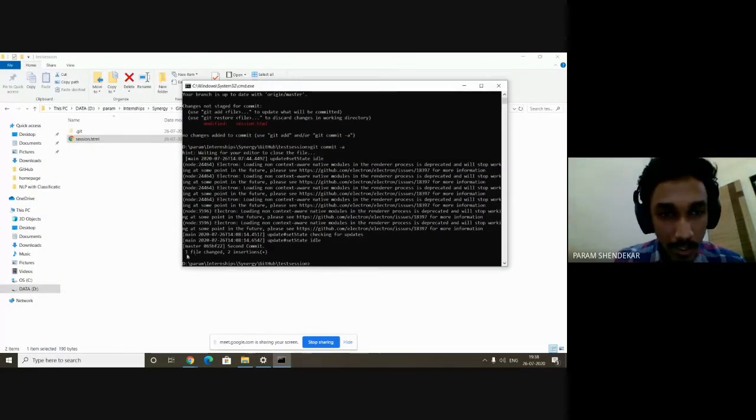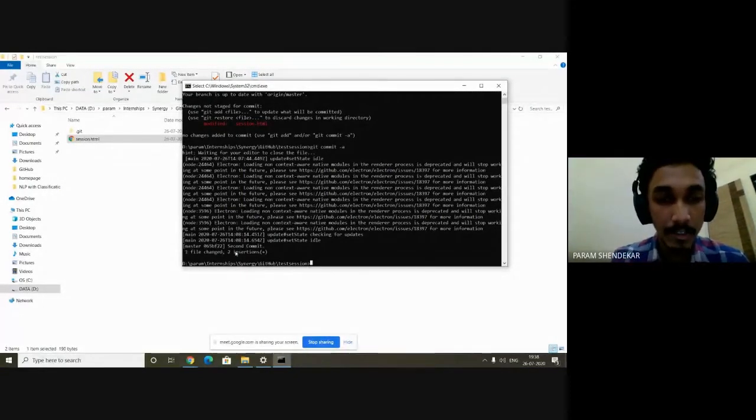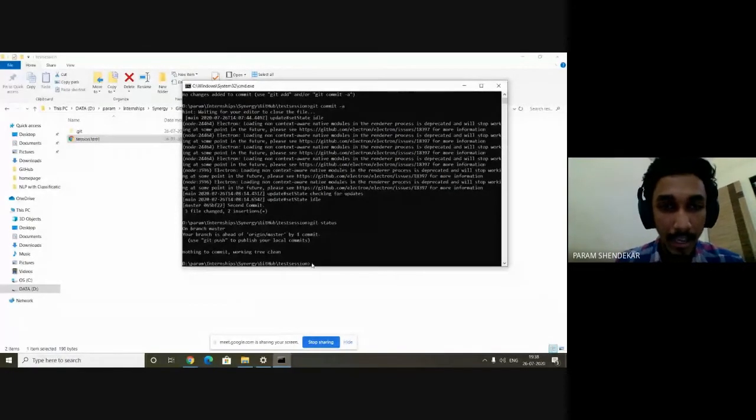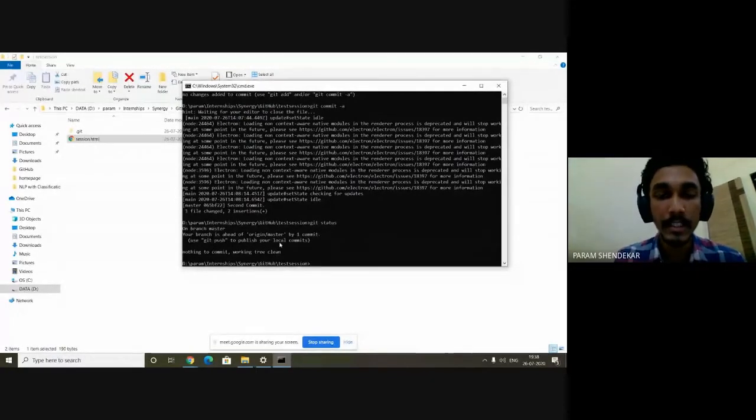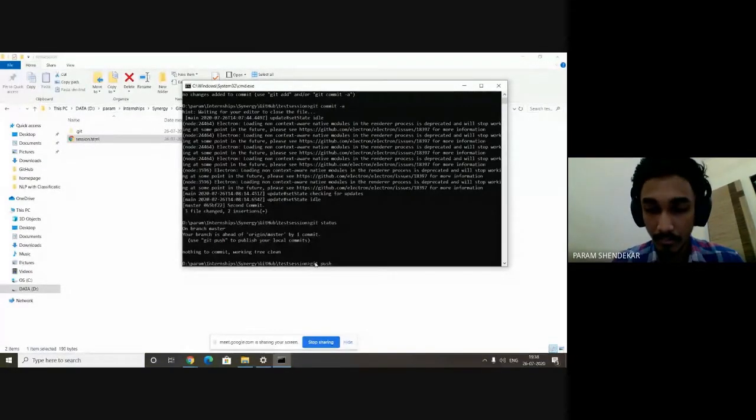Now, as you guys can see the message here, it states that one file was changed and 2 insertions have happened. So yeah, it keeps track of the smallest of the changes and it gives the summary of those. Now, if I run git status again, we have a message stating that your branch is ahead of origin master by 1 commit. This 1 commit is the commit that I did just now. Now, in order to push those changes onto GitHub, I'll use the git push command, git push origin master, so that it stays at the head of the master.